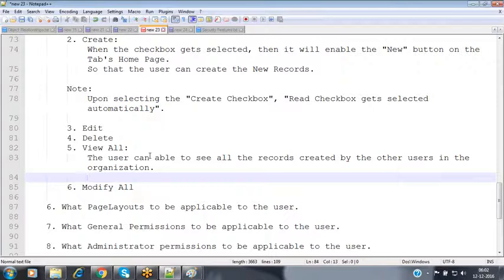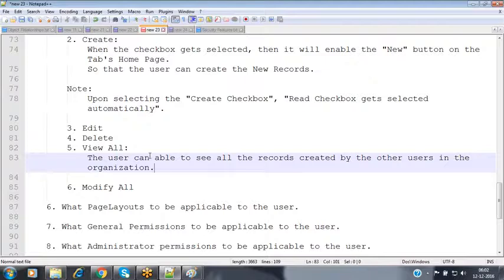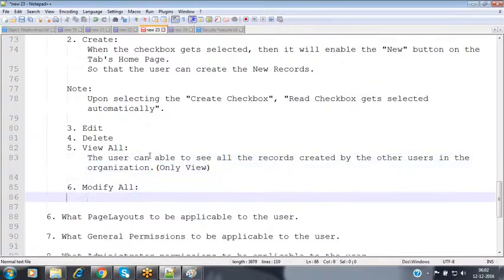Irrespective of the user, we can see everybody's records over here. That flexibility will be available to you. They can view, not modify. Only view.